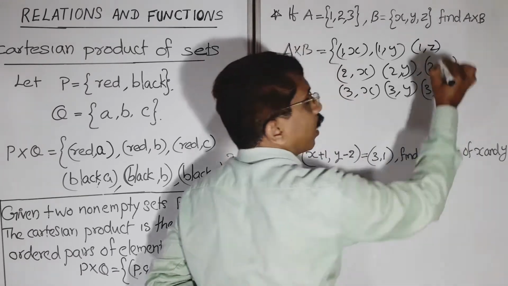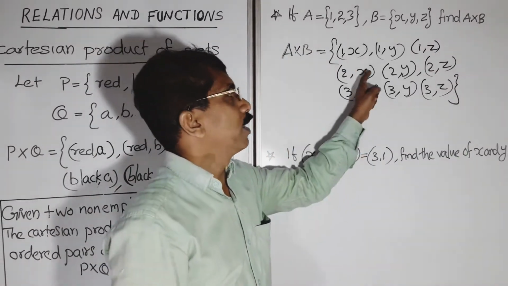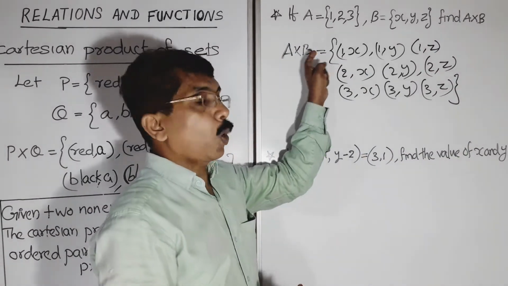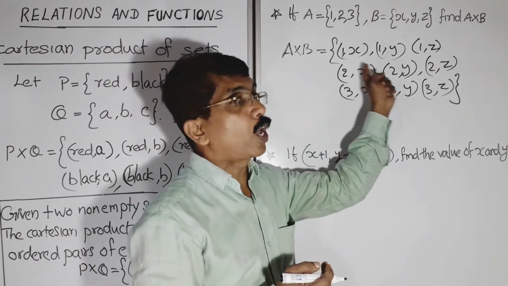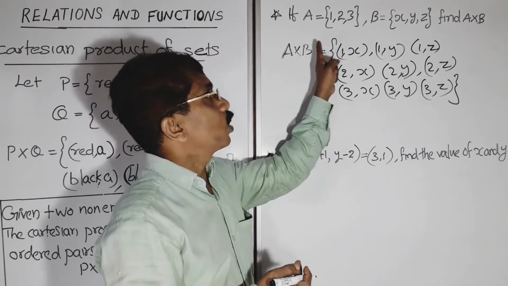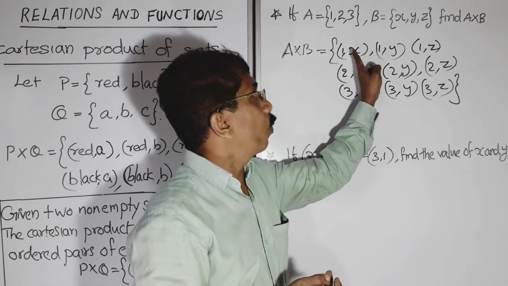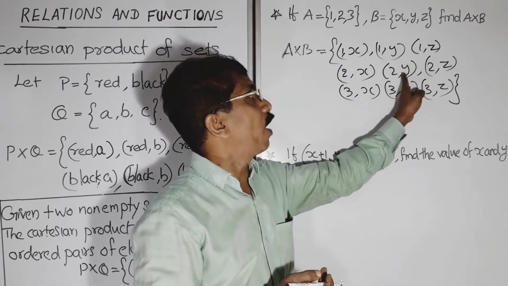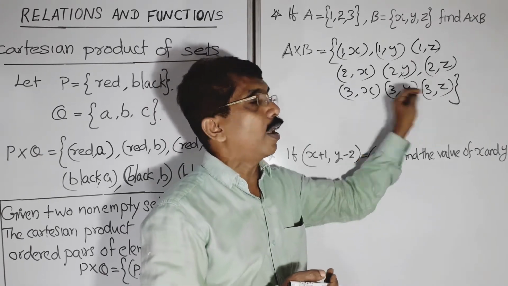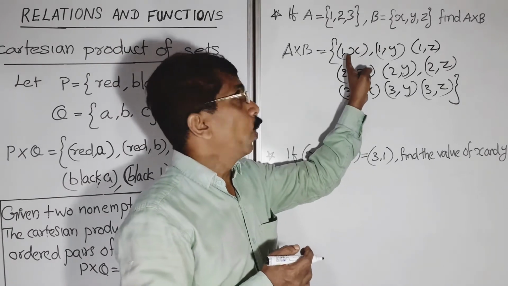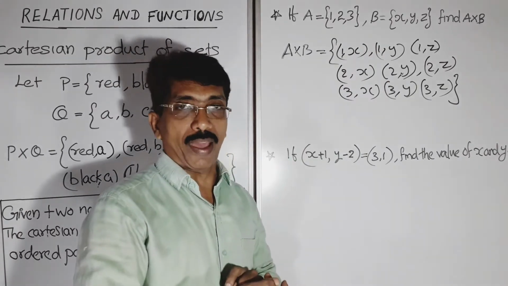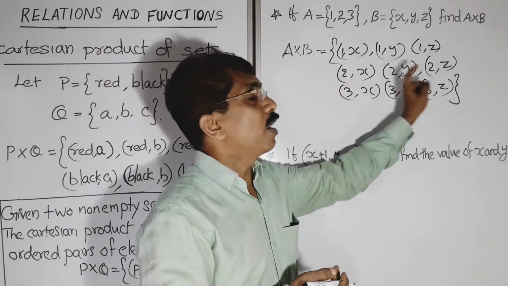This ordered pair, if you arrange in a set, then that is called what? A cross B. Now I want to ask you one thing. How many elements are there in A cross B? Look, A cross B, how many elements are there? There are 1, 2, 3, 4, 5, 6, 7, 8, 9. 9 elements are there. See, in this set, one element is one ordered pair, is it? So, there will be 9 objects.